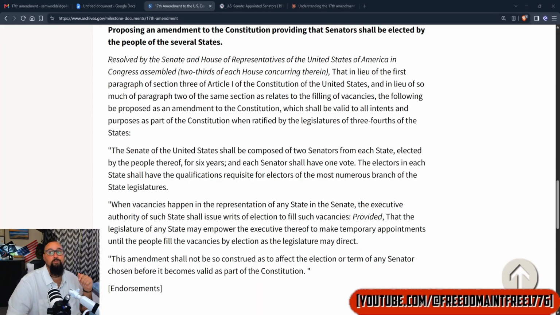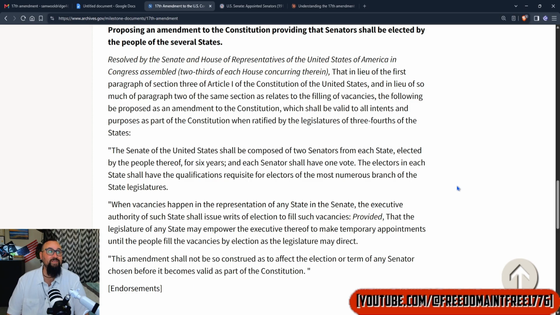Okay, so the 17th Amendment does one main thing. It gives the people, not state legislators, the power to directly elect the U.S. Senate. So first we're going to start off by reading exactly what the 17th Amendment says. This is a transcript from an official document. Official document's all in cursive and stuff. Anyways, we're just going to read it off